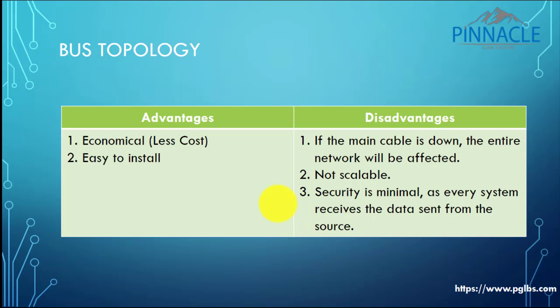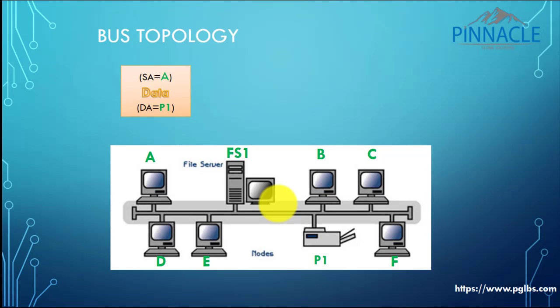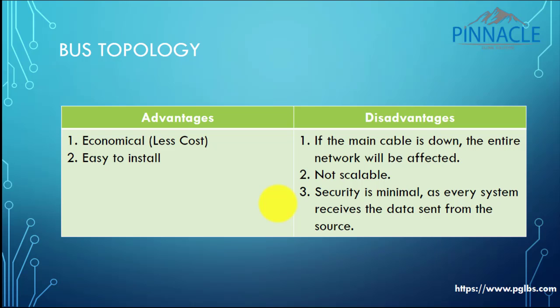And the second disadvantage is it is not scalable. Now, what do you mean by scalability? You cannot simply add more number of systems to this particular topology. Adding more number of systems would make this topology less effective in terms of speed and efficiency. So you just cannot scale this topology, and security is minimal as every system receives the data sent from the